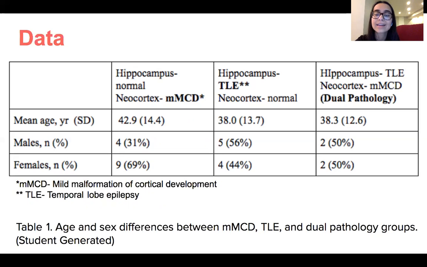Even though we only had 4 patients, which is a limited study sample, we had about an average of 38.3 years, with 2 of 4 of these patients being males and 2 of these being females, splitting the percentages 50-50. But in conclusion, there were no statistically significant age and sex differences between these groups.